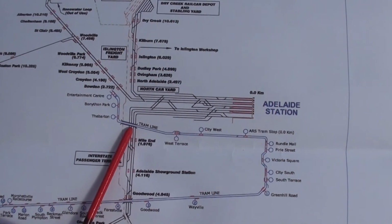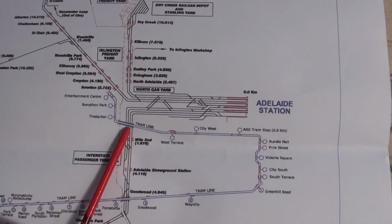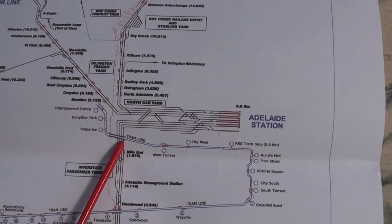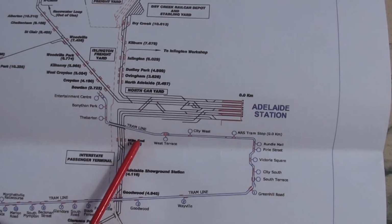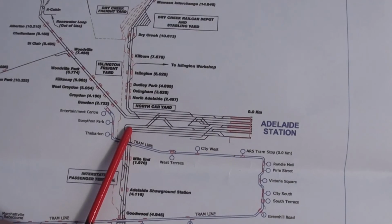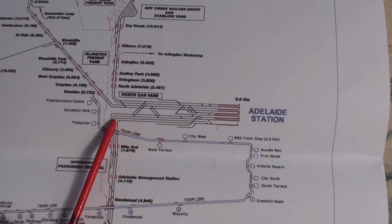Then underneath the tram line at Port Road, there's a Port Road extension of the tramway system from West Terrace and the new Royal Adelaide Hospital, and then round to Adelaide Railway Station. Looking at the Seaford line,